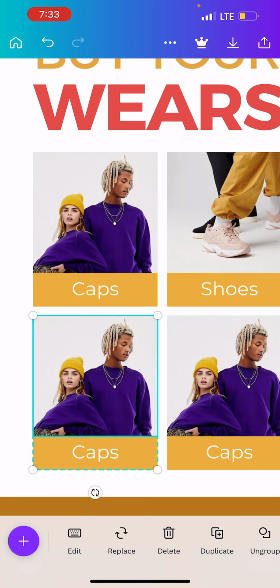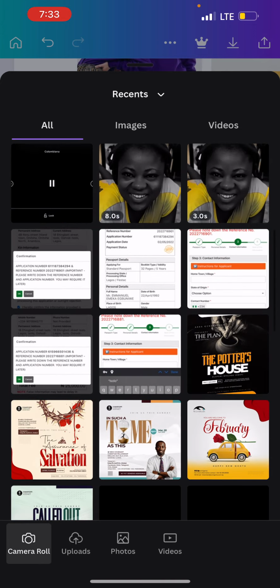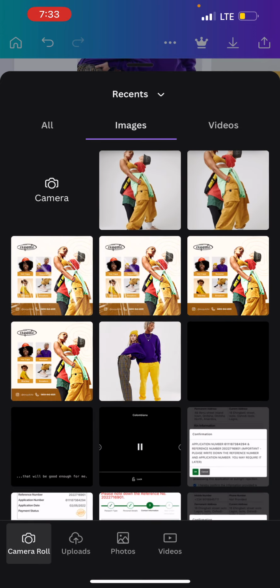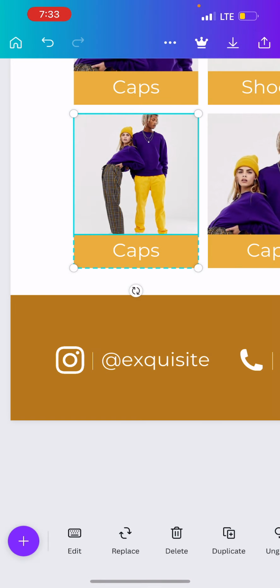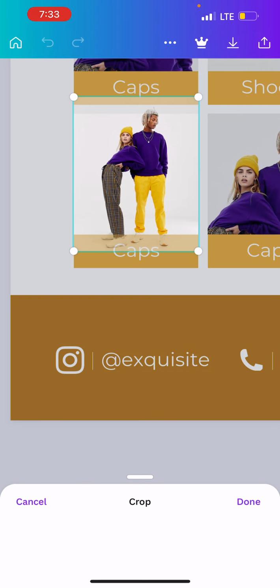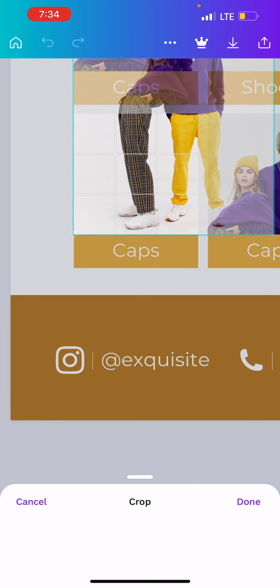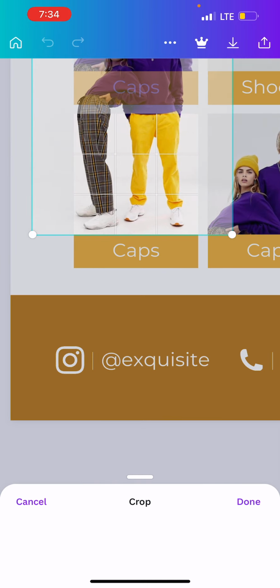All right, so let's switch this one to, I'm going to pick any other random image. Do you have any other one? Okay, I'm going to still use the same image, but this time around I'm going to show just trousers and name it